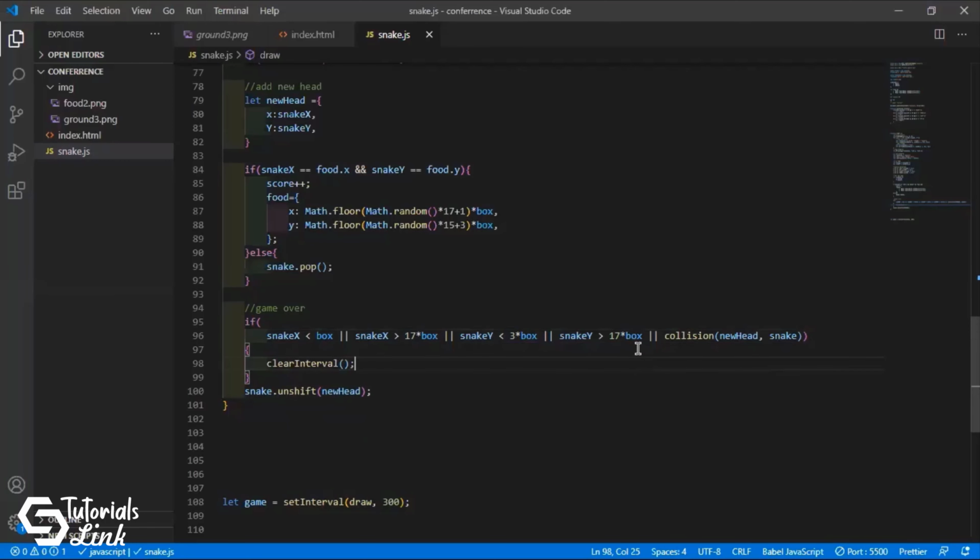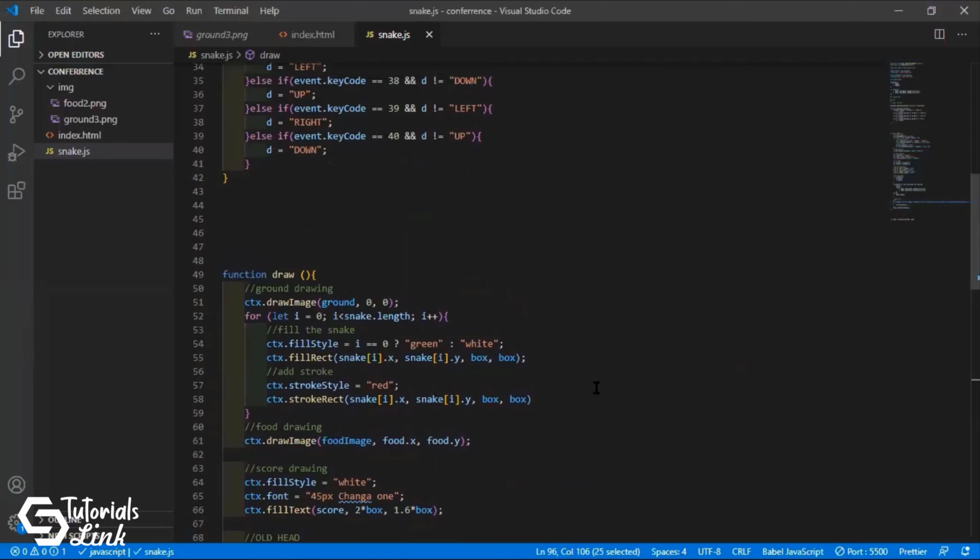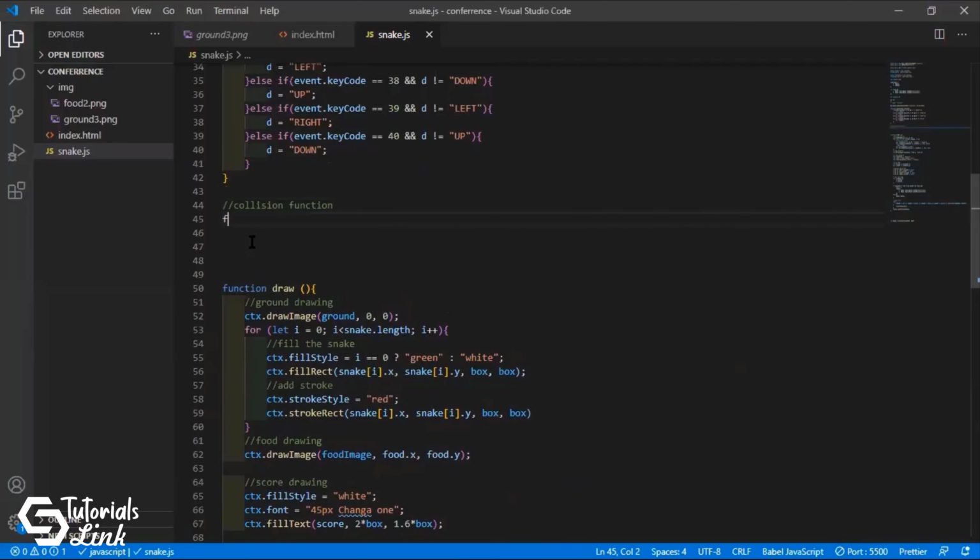So at last, the thing we have to see is that we have to put up this collision function. Let's just put the collision function. Let's say, where do we show? Let's do this before the draw function. Fine. So function collision.